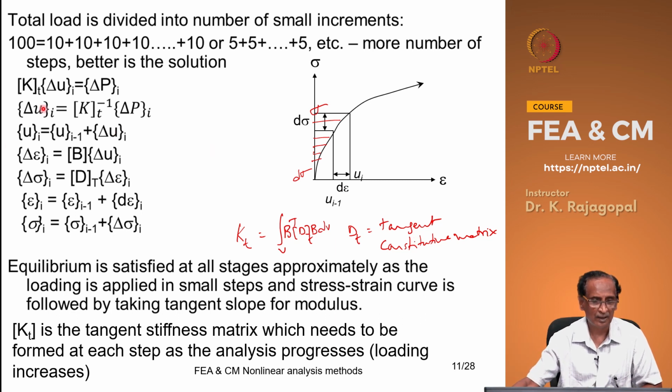Okay. We get our displacement increment, and then the total displacement ui is ui minus 1 plus delta ui, and